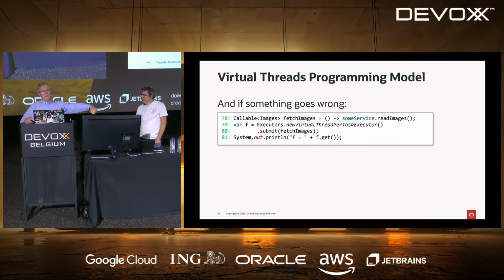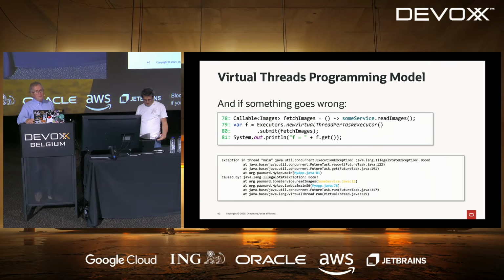you execute it in a virtual thread, and then you get your future, and you're blocking again, but since you're in a virtual thread, it doesn't matter. And if you have this stack trace in this one, well, the stack trace will take you exactly where you want to be taken. Okay?